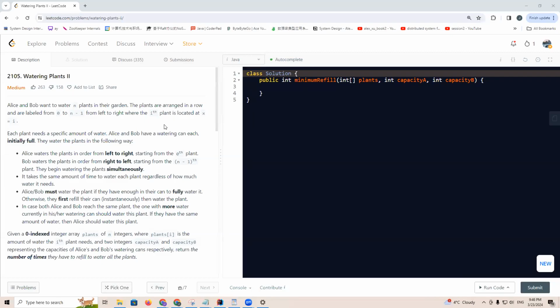Let's go through LeetCode 2105, Watering Plants 2. For this question, it gives us an integer array plants, which means for every plant, how much water it needs for watering. And also at the beginning,